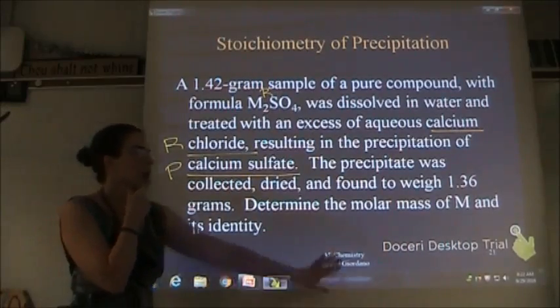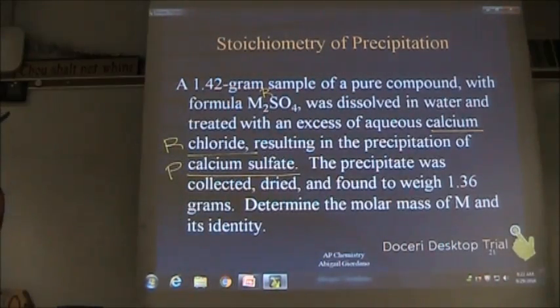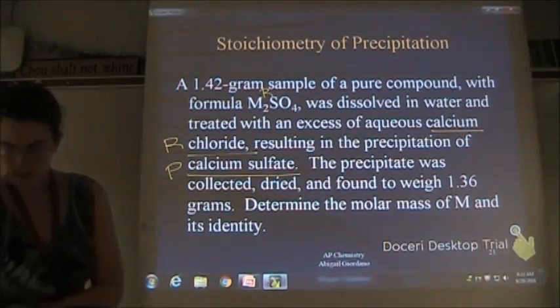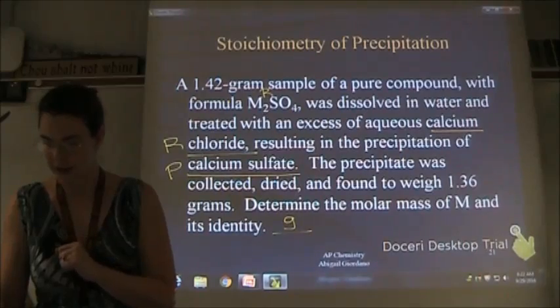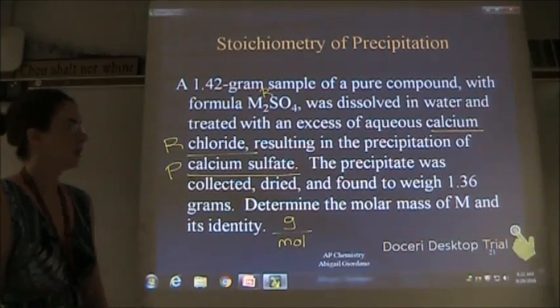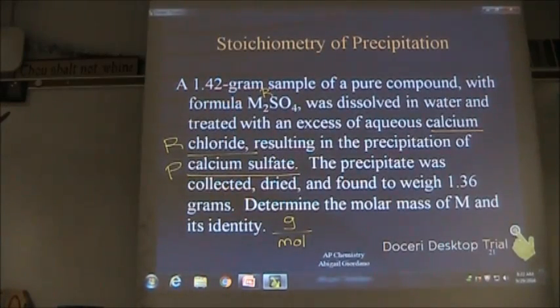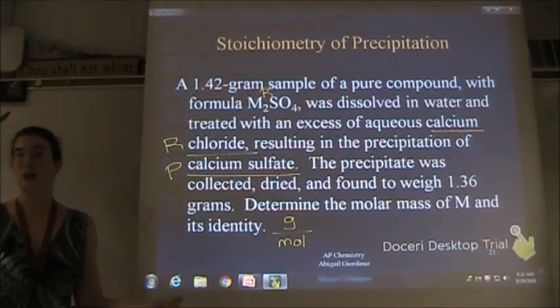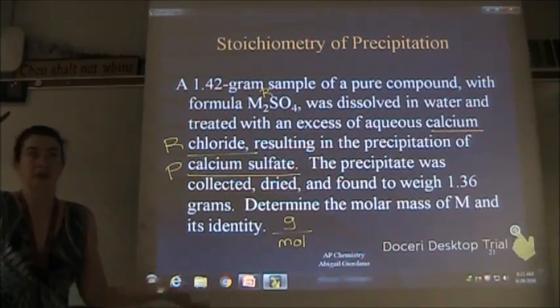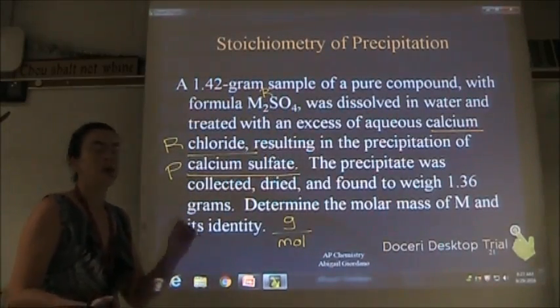Okay, well, tell me this. When we pull a molar mass off the periodic table, guys, what are the units for that? Grams per mole. You're right. All right, I'm just going to write that down. Grams per means just divided by. And here's the thing. You may never have done this before. If you are supposed to find the molar mass of some kind of unknown, which means you can't look to the periodic table because you don't know what it is, you can get it